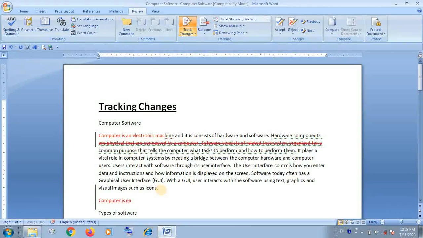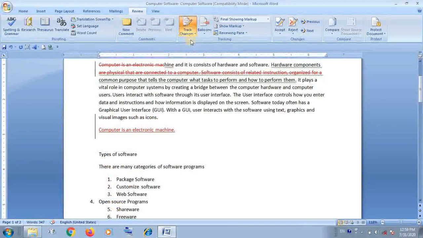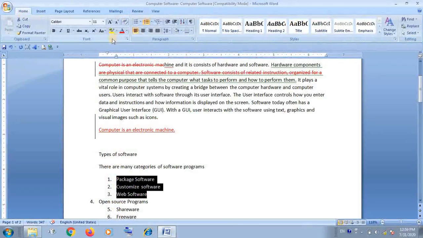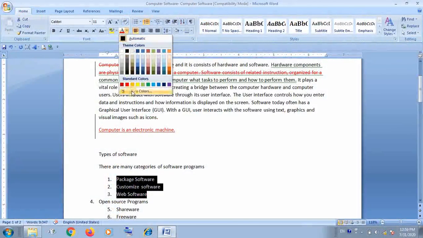Now if you add new text, suppose I have added new text. Now I will format. Suppose I have changed some formatting color of this.